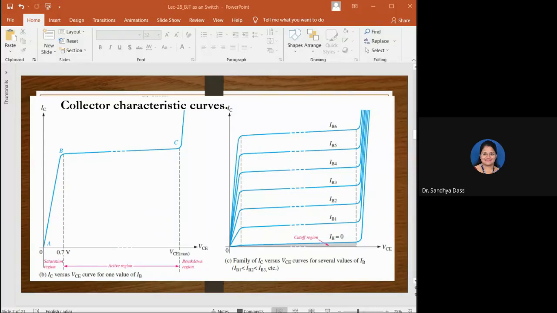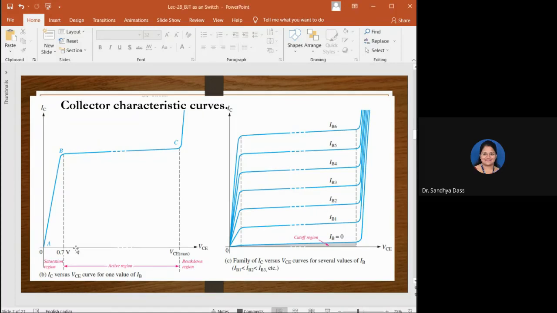Please understand the construction there. Go back to your notes, open the construction part. Now, what I'm saying here is, if I keep VCC equal to 0 volts, and I vary VBB and consider some value of base current, the base emitter junction is forward biased, and since VCC is 0 volts, the base collector junction is also forward biased, isn't it?